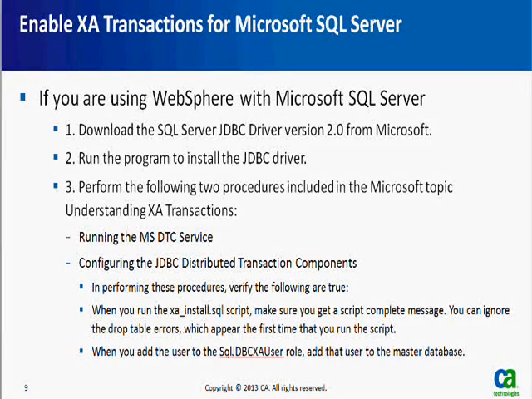At this point, we have to make sure that we have the proper SQL drivers. After installing them, there are some post steps that we have to perform on the database. You should run the MS-DTC service and configure the JDBC distributed transaction components. There will be some errors with running the XA install SQL script. These errors will be caused by the drop table commands, and this is expected as this is the first time the script was run. Also, we will need to make sure to add the XA SQL server to the master